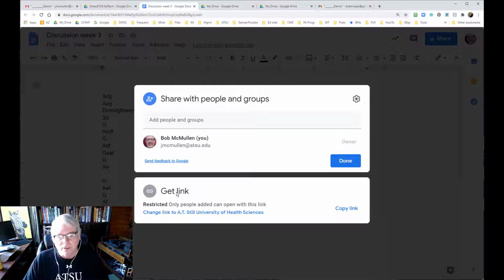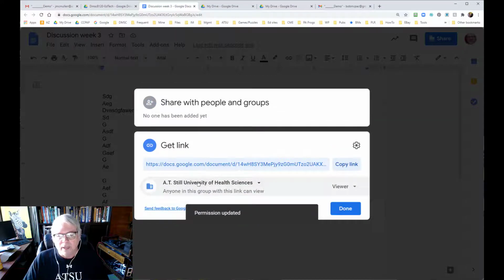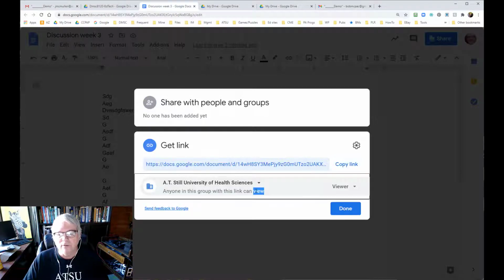What you want to do is create a link, change the link to AT Still University, and click on that. Now you see AT Still University. Anyone in this group with this link can view. There's our second problem: most of you got to this point, you copied this link into Canvas, but